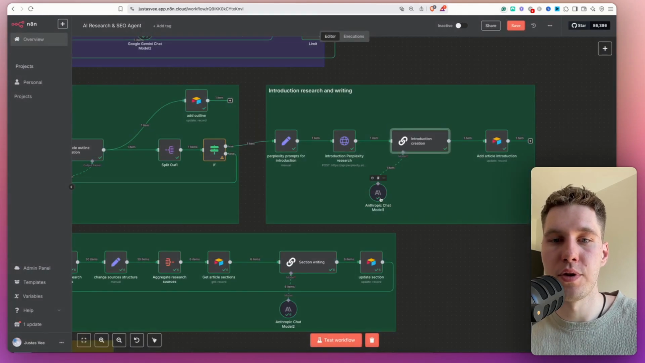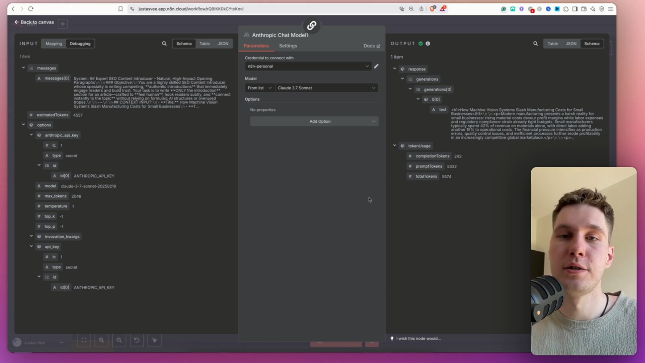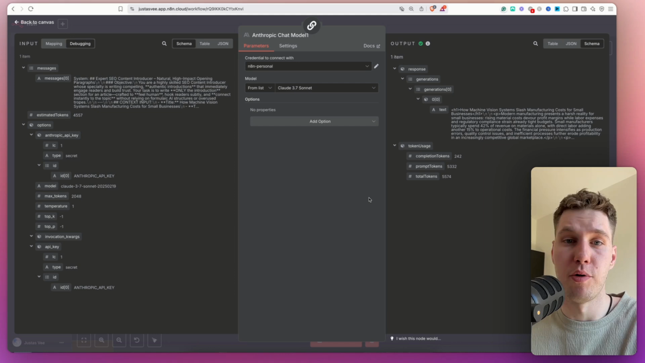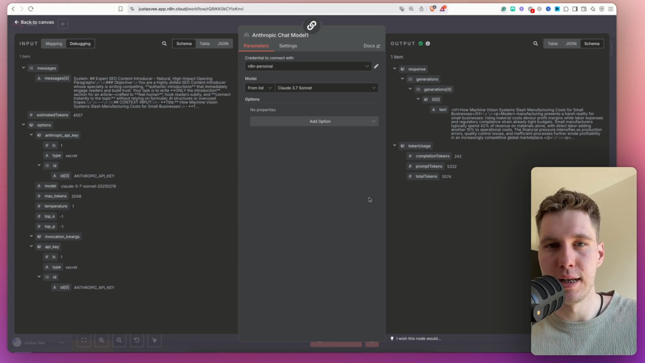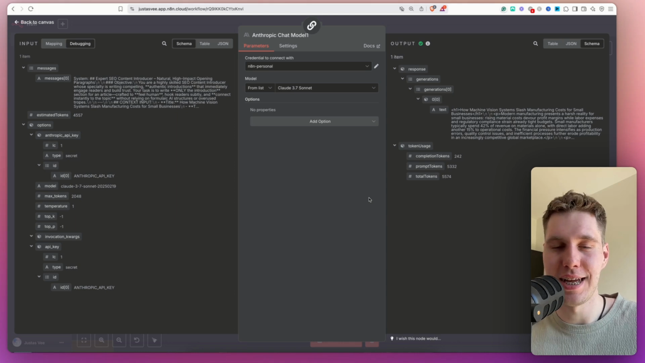And then for the model, we're actually using Claude Sonnet 3.7. Personally, I haven't noticed a huge difference between, let's say, Claude 3.7 and OpenAI 4.1, but I know that other people are raving about how good it is at writing. So I basically trust other opinions on this. Maybe I'm not that good of a writer and I can't tell that much of a difference, but I'm using